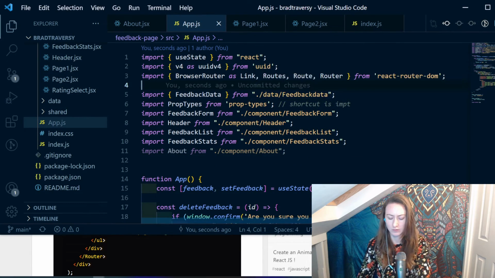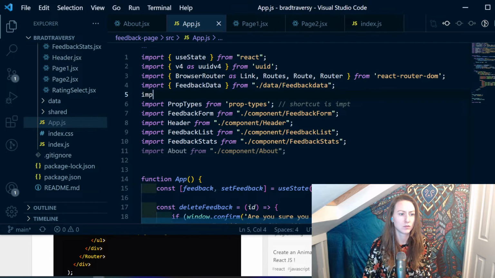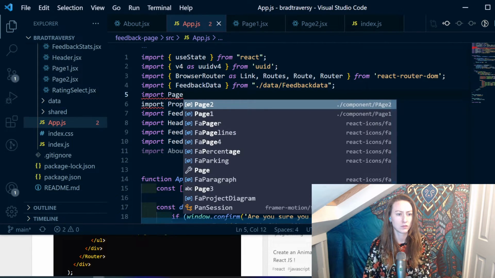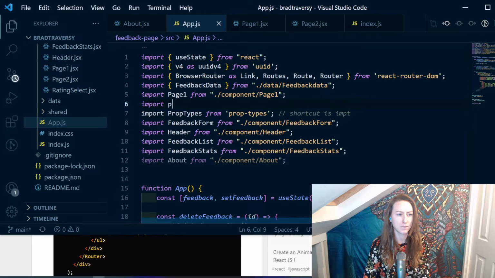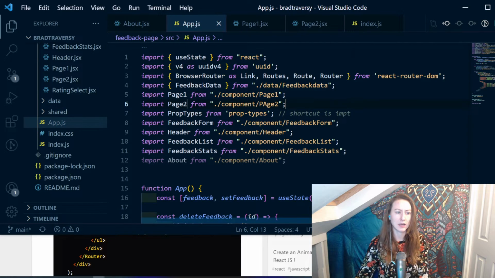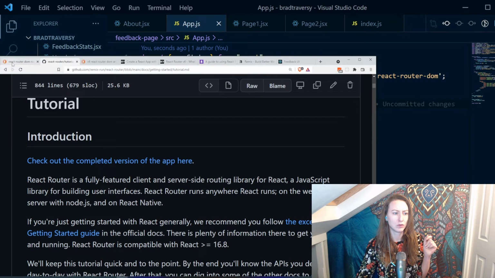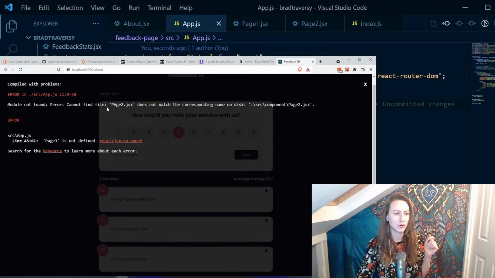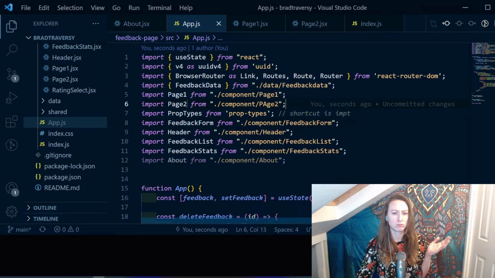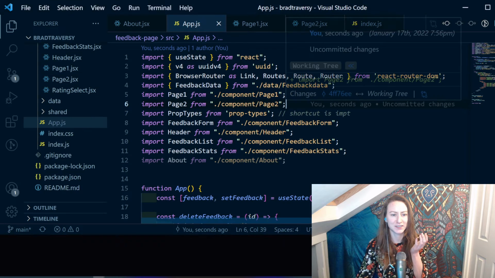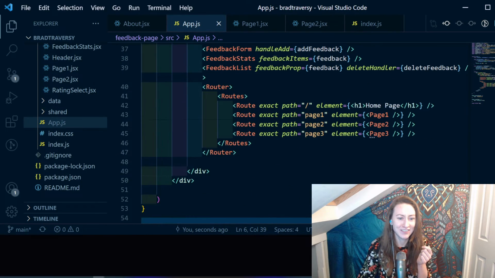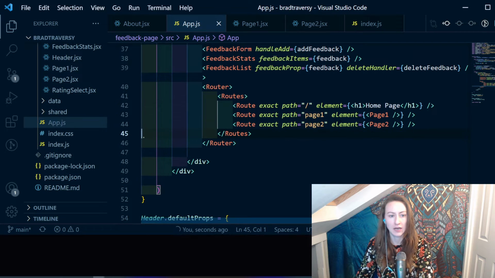So page 1 and page 2. Save. Let's see. So in our app.js now, oh yes, save. Page 3. What is going on? Oh yeah, sorry, of course. Yeah, I did not